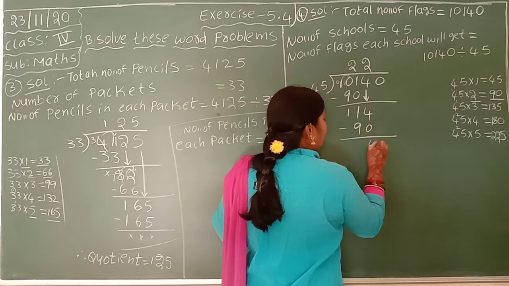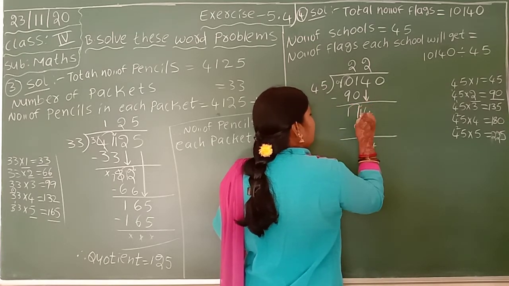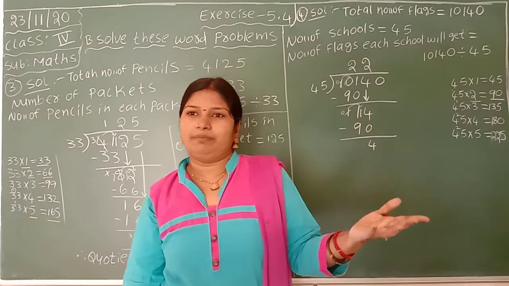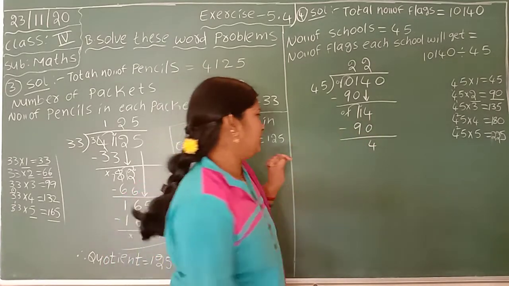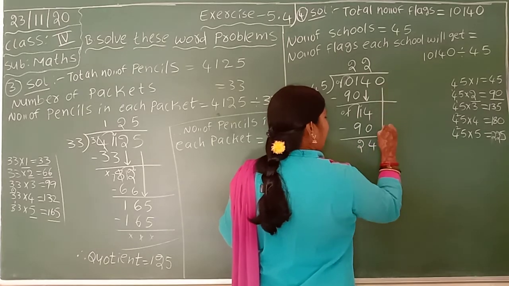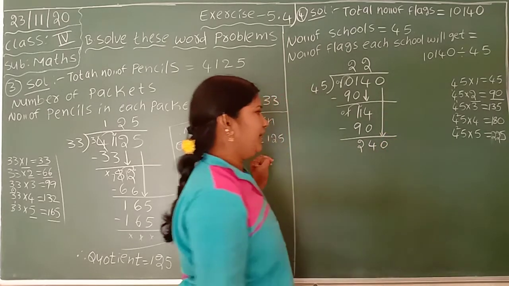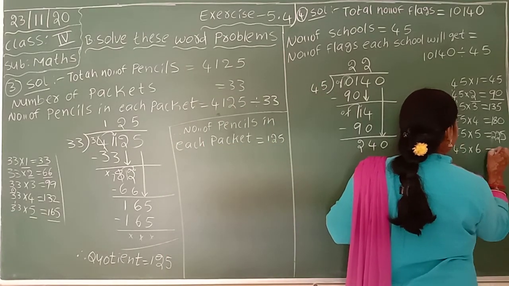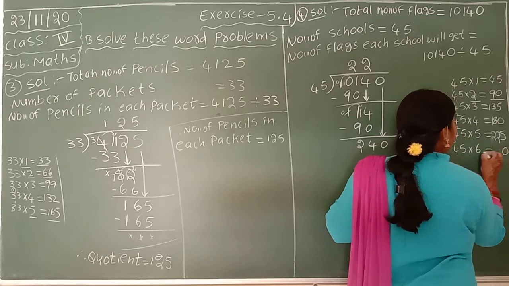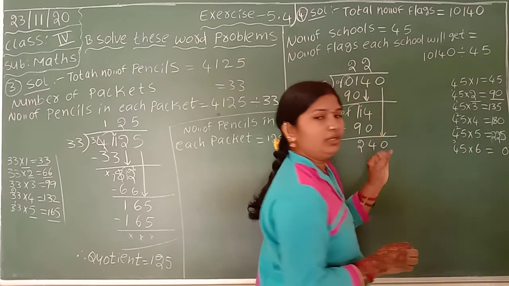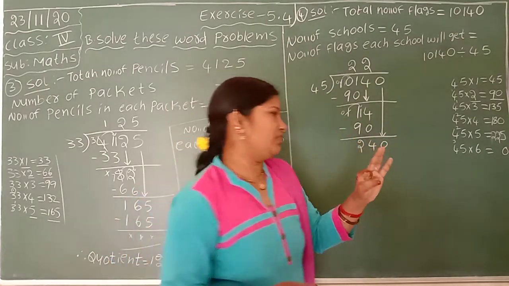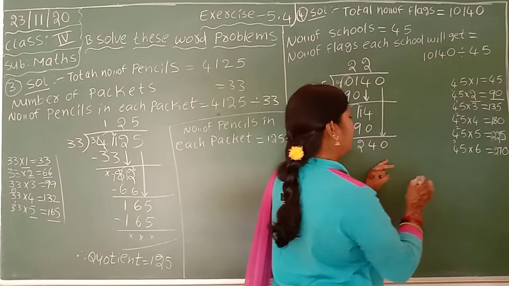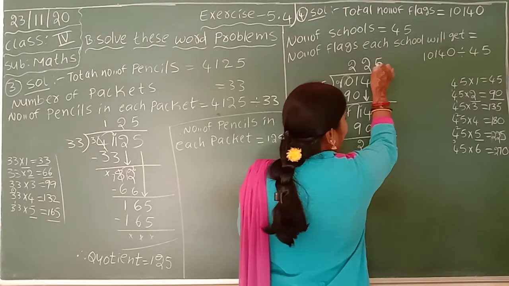4 minus 0 is 4. Next take regrouping, this becomes 11, this becomes 0. 11 minus 9. 9, after that count up to 11: 10, 11. 2 fingers. So again write down 0. 240. See here we have 240. 45 sixes are 6 fives 30, 6 fours are 24, 24, 25, 26, 27. 270. Here we have 240. So take this number. 45 fives are